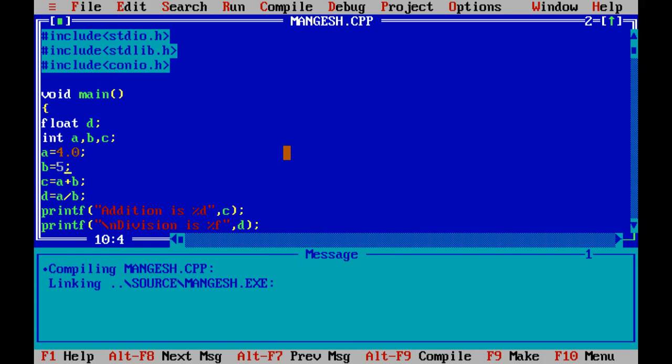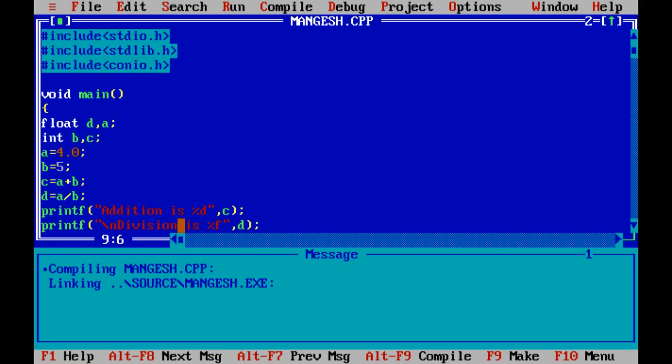One value is float we have mentioned, but the value here is specified as an integer. Sorry. So we'll specify a as a float and we'll keep this value as 4.0. Now we'll see what happens.